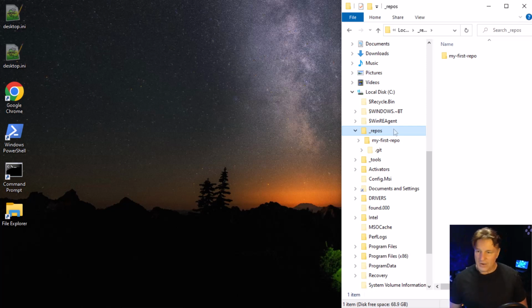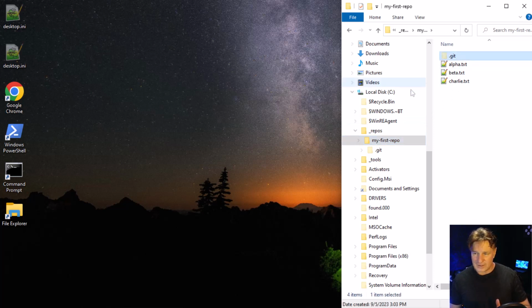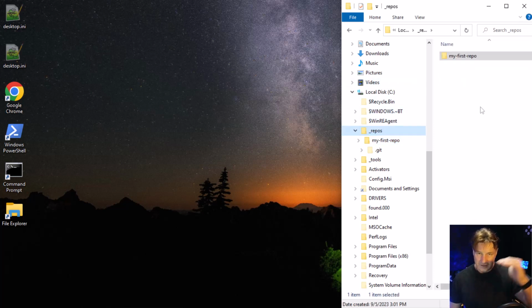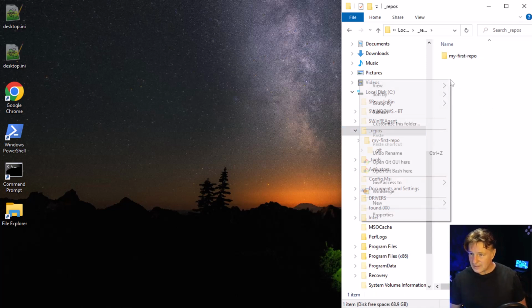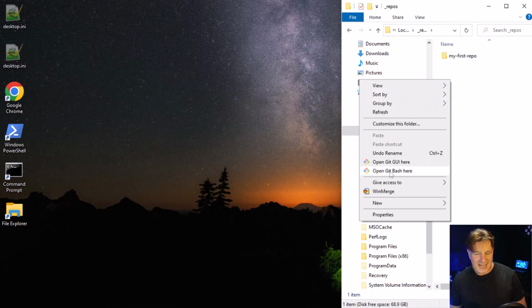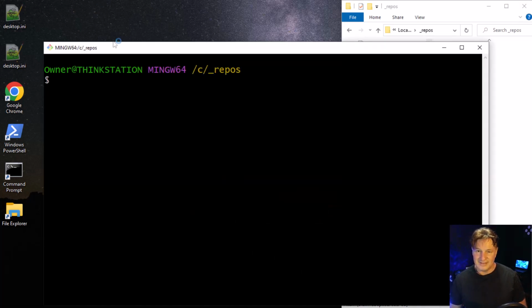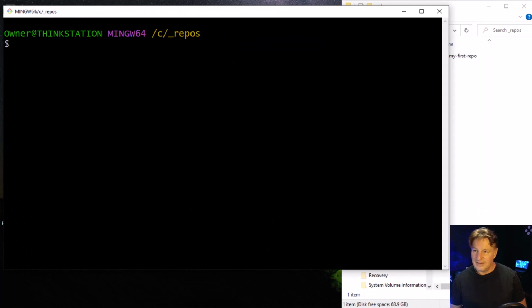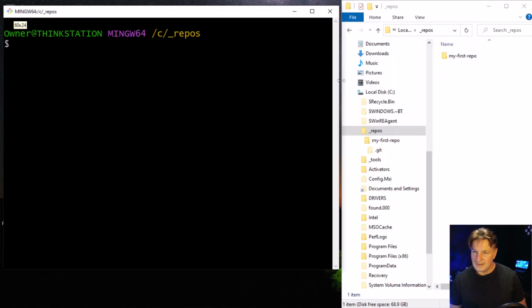Now I'm back in that repos folder. I'm not in the my first repo folder, right? That's already a Git repository. You see that .git there. But the repos folder is just a folder that can contain other things. And what I'm going to do here is I'm going to open up that Git Bash shell, and I'm going to issue a clone command. I'm going to type in git clone, and then I'm going to paste